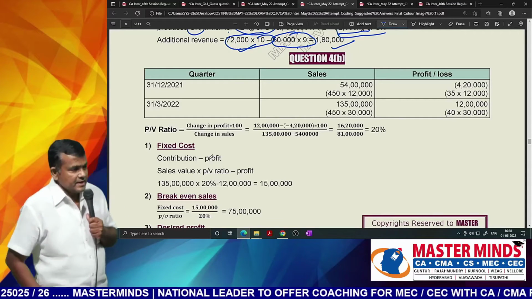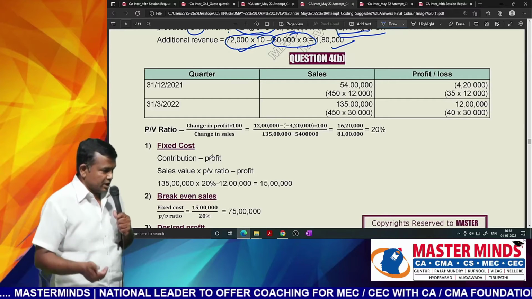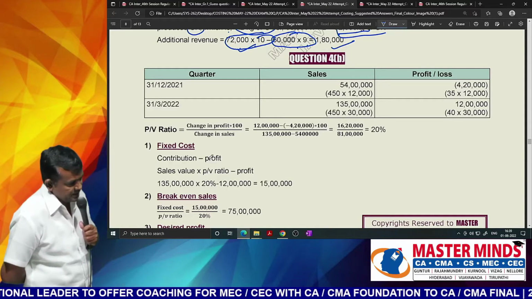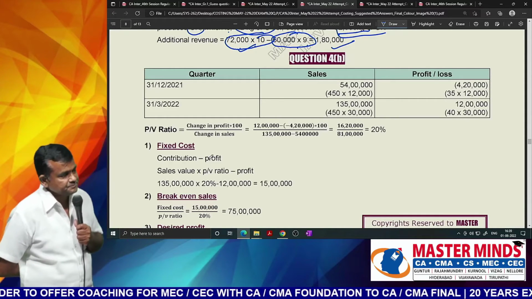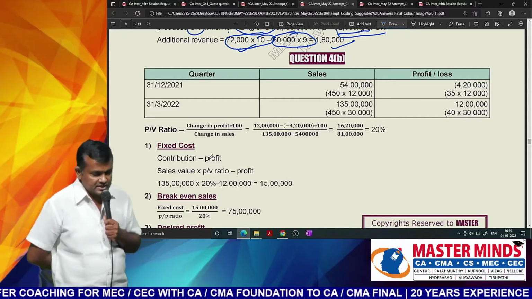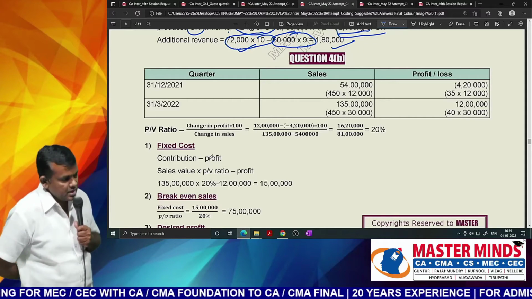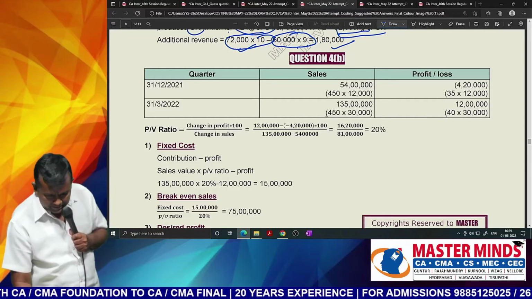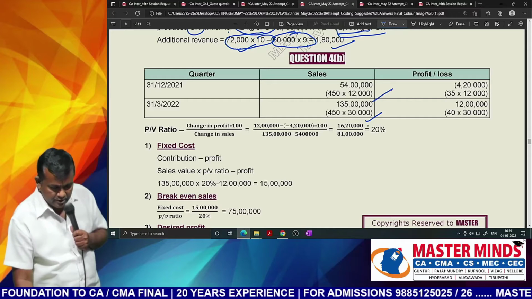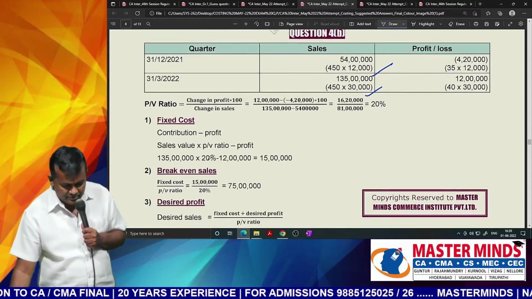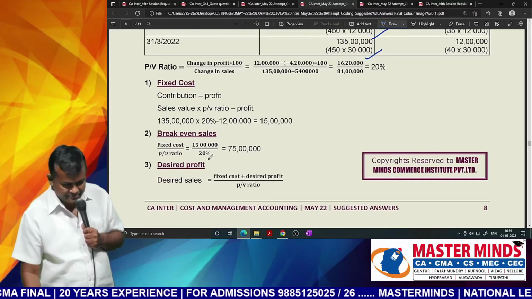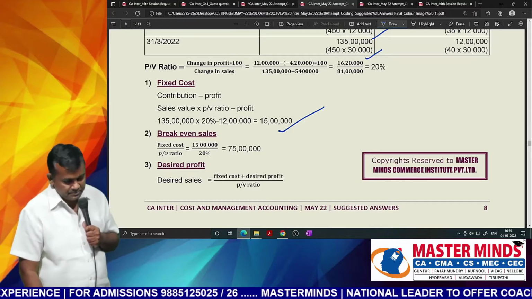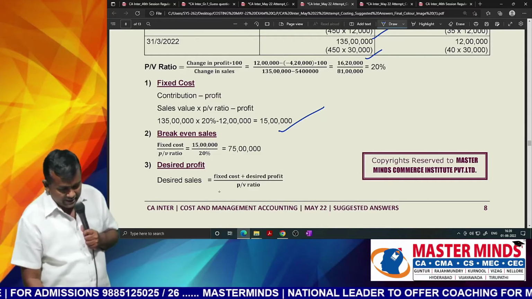So sales and profits are available at two different volumes. First we have to calculate PV ratio. Here PV ratio equals change in profit by change in sales into 100, which is 20%. Next the question is asking fixed cost. So fixed cost equals contribution minus profit. Select one volume, either 30,000 units or 12,000 units. Select any one; the fixed cost amount is the same, 15 lakhs. Next, break even sales formula: fixed cost by PV ratio. Next, desired sales in